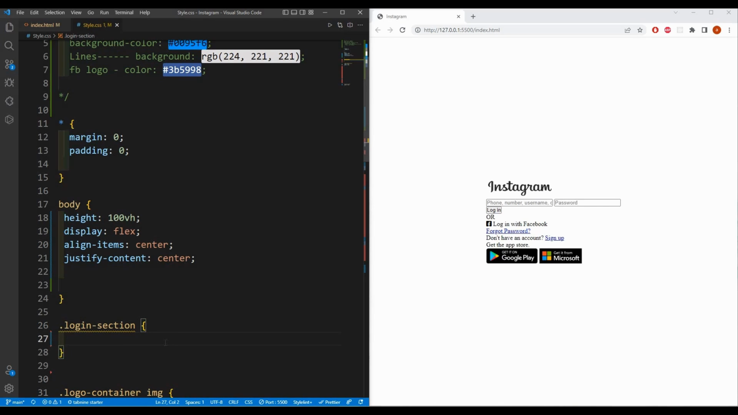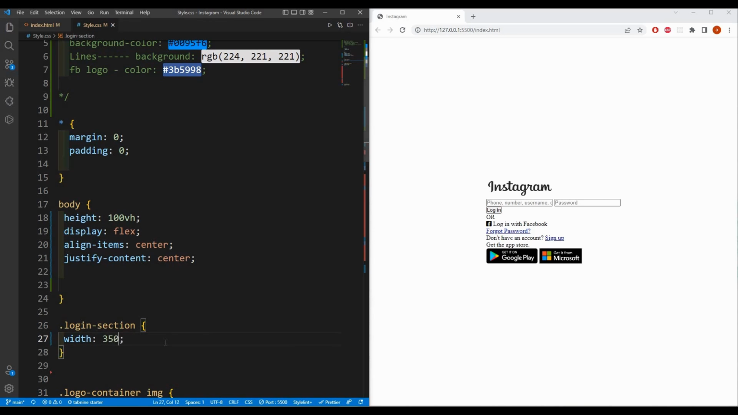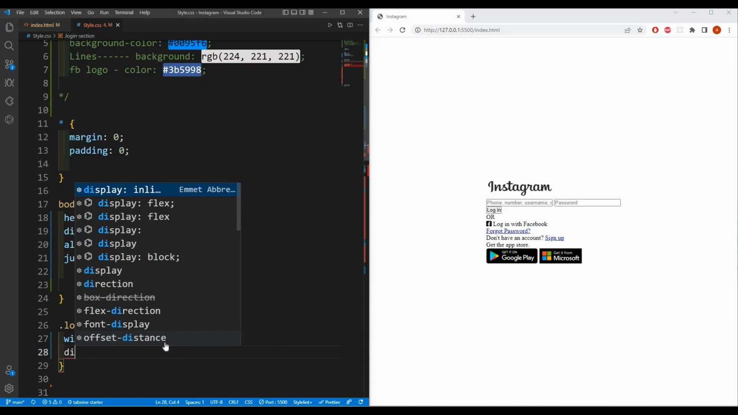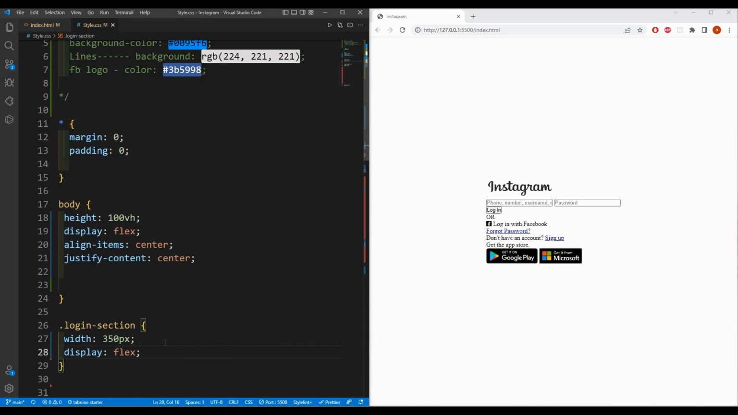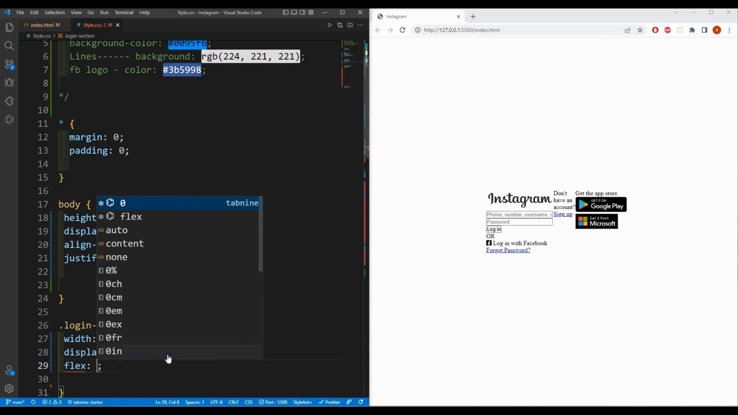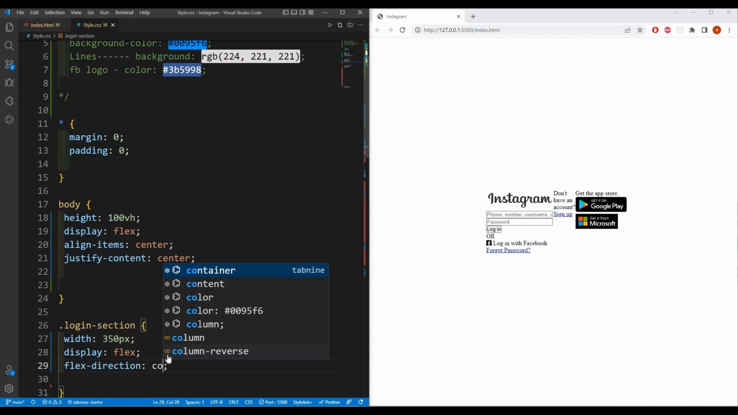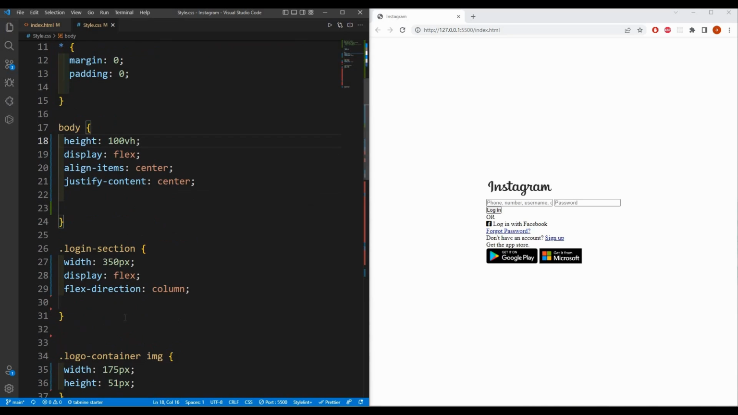They are going to have a fixed width of 350 pixel. Then I'm going to give them display flex, but I want them vertically, so I'm going to give the flex direction column. Okay,